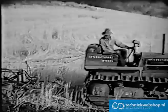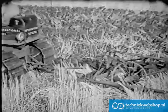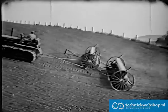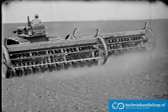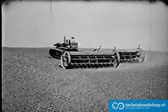Depending upon the size of the plow and the condition of the ground, the TD9 will plow from 15 to 25 acres in an ordinary working day. These dependable, ruggedly built track tractors, equipped with McCormick, Deering, or Dyer implements, will do as much field work in a day as 16 to 24 horses or mules, and do it on 16 to 22 gallons of 5 to